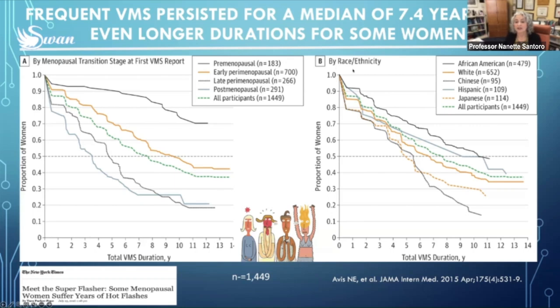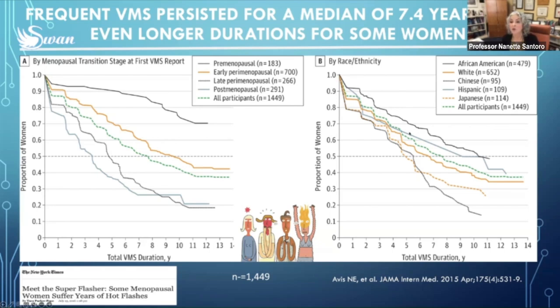When we looked by race ethnicity, and this is self-reported race ethnicity, so these women just reported themselves. We did not do any genetic testing or anything to confirm. So this is more of a social construct of race and ethnicity. African-American women in SWAN were the biggest flashers. Their median duration was around 10+ years, very similar to the Pan-Ovarian Aging Study, which found that African-American women had hot flashes for about